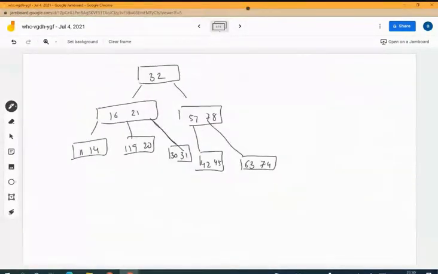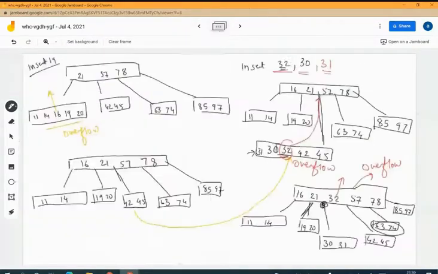And the right of 78. Yes, sir. Ma'am, if 21 already had something on its right? Look, 21's right already has something here. There is already 30 and 31, which is considered as right of 21 and left of 32. So if you are pulling this element, this will go up, and its child, that is the left, will become its right.